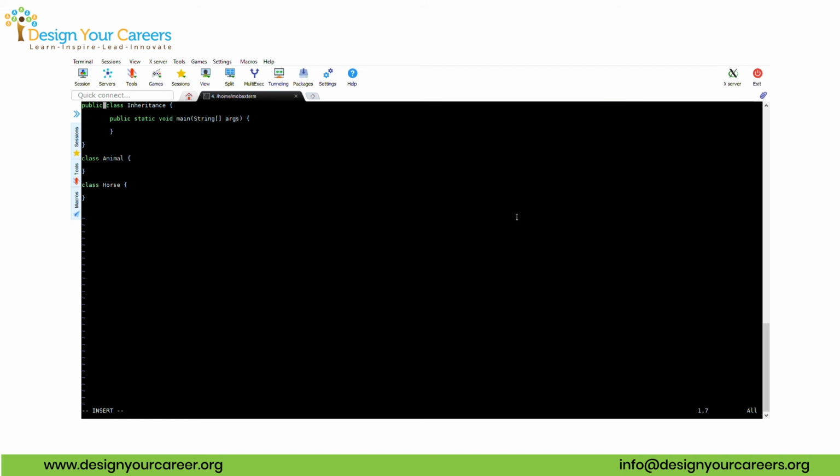So we have a public class up here called inheritance. We're going to ignore that for now. We have a class called animal. And this is just a class that describes any animal, right? Any generic animal. So that could be a dog, a cat, a mouse, really anything, right? Animals can have 4 legs, 2 legs, 8 legs, 3, I don't know if there are animals with 3 legs, but, and then we have a horse. Horses are pretty specific, right? Horses have 4 legs, they're pretty fast, they're usually brown, they can be black, so they're a lot more specific